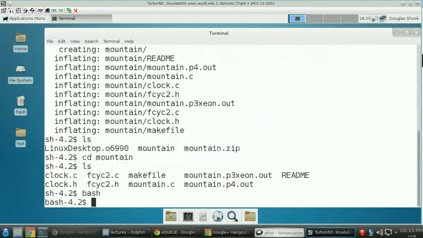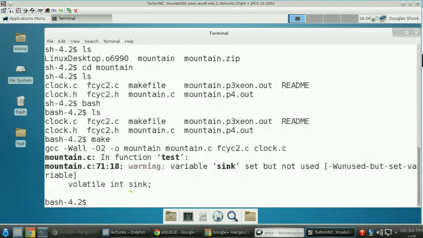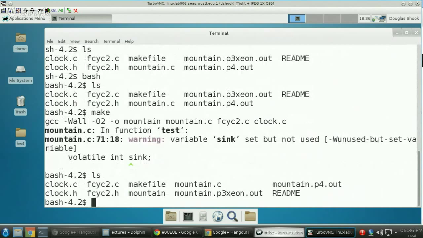Wish this was bash. Let me make this bash. That's better. All right, so here's the memory mountain code. We can take a little detour and show you this one real quick. Whoops. Awesome. Oh, that's just a warning. Who cares? Not my problem. So it did work. Where's my syntax highlighting? That's what I want to know. Where's my file highlighting? I miss it. Anyhow,